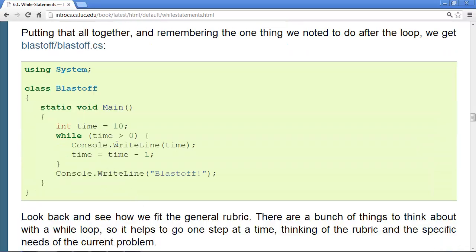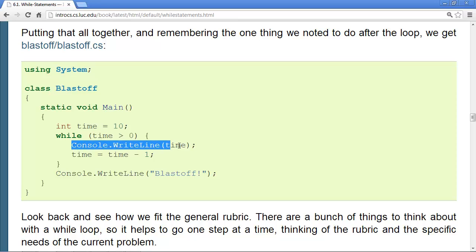So here's a full program to do this little thing. We have the initialization, our while loop with the condition. I could have written this time is greater than or equal to 1, but since time is going to be an integer, it's slightly shorter to write that time is greater than 0.